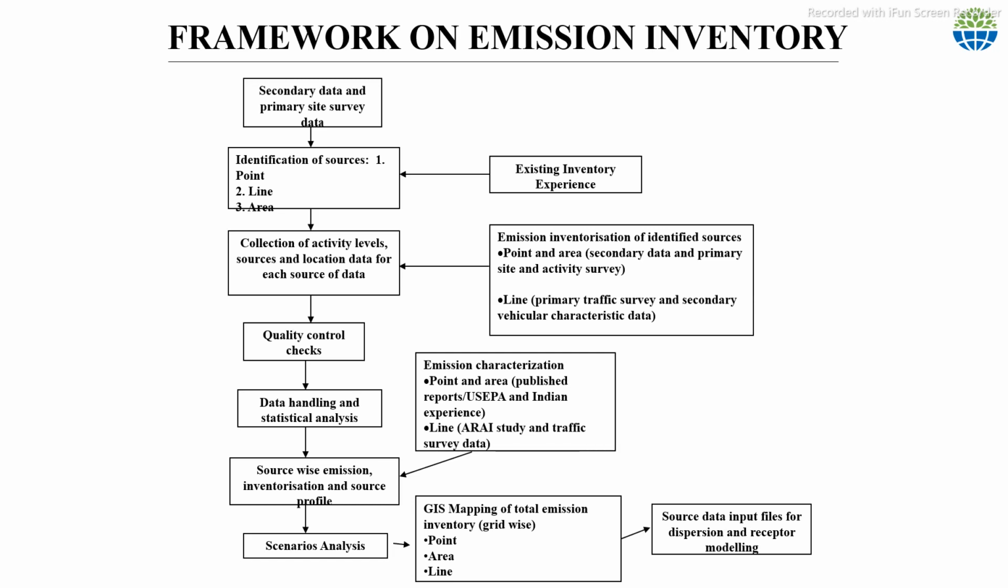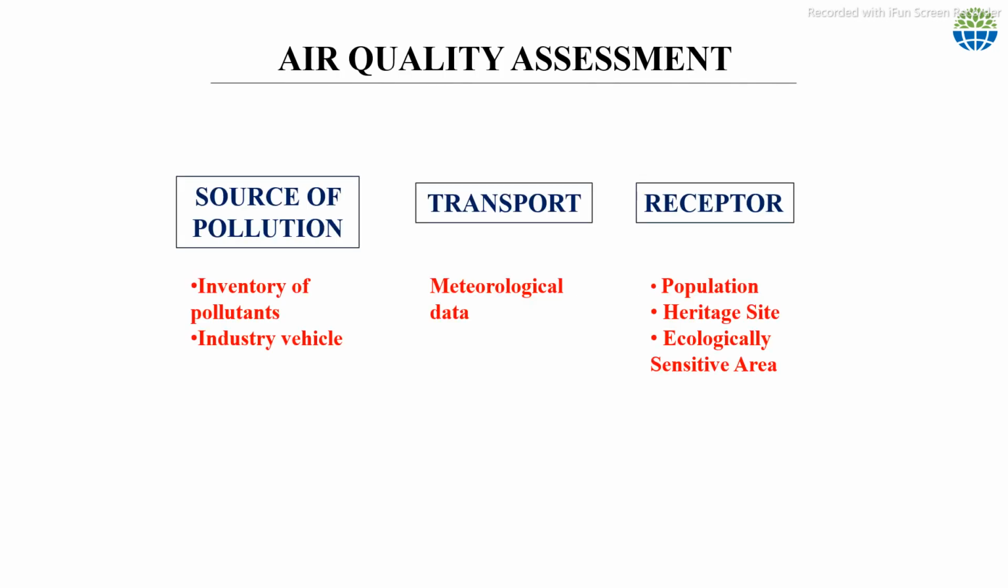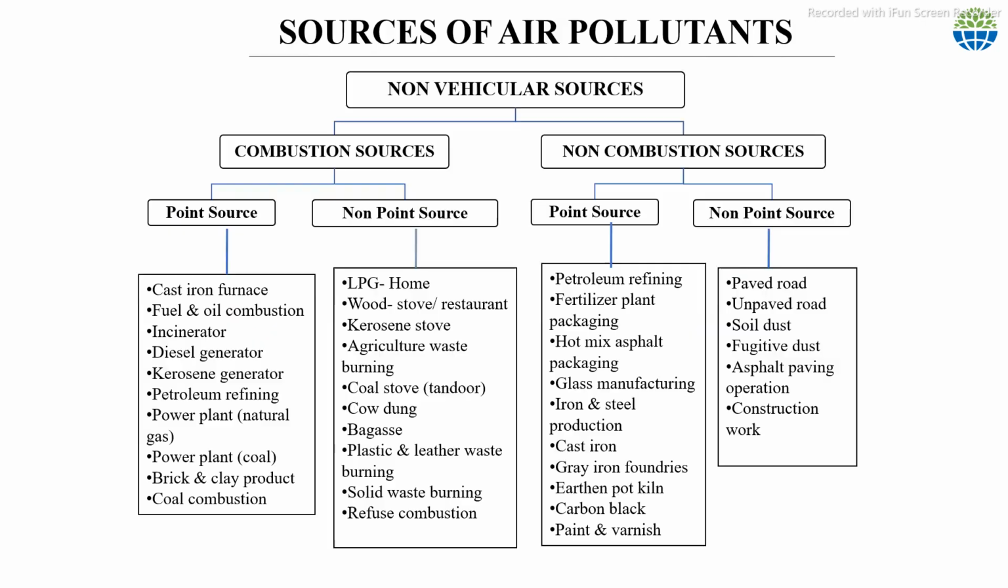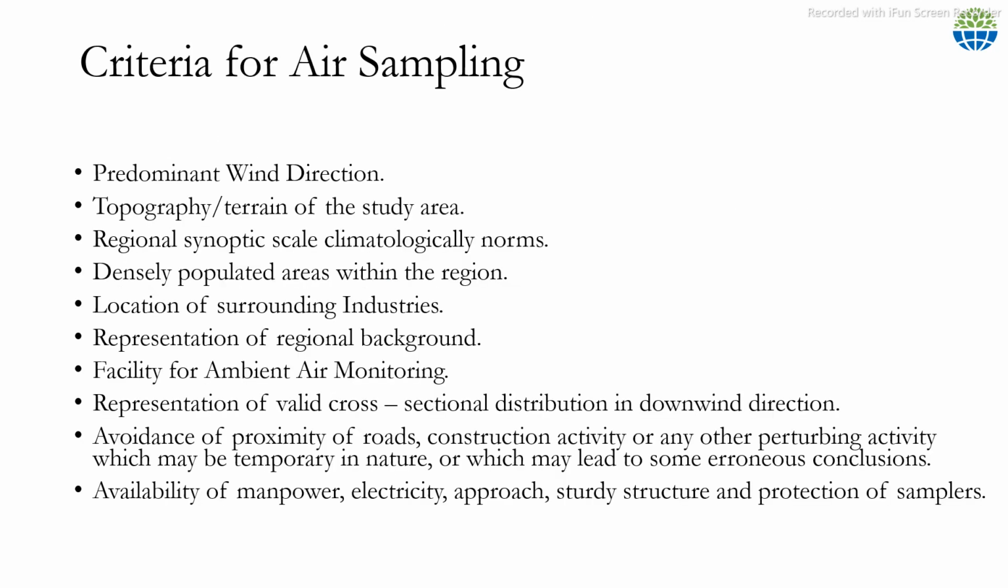On that basis we have to collect the data, and data can be selected, meaning collected, from the source of pollution, transport and receptors. And these are the types of non-vehicular point and non-point sources. Criteria for air sampling: we have to check the predominant wind direction, we have to check the terrain of the study